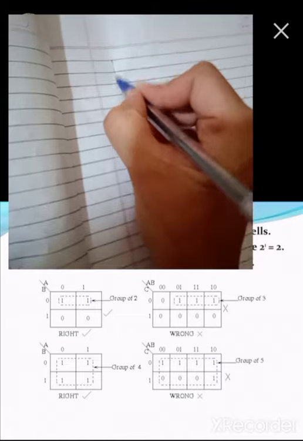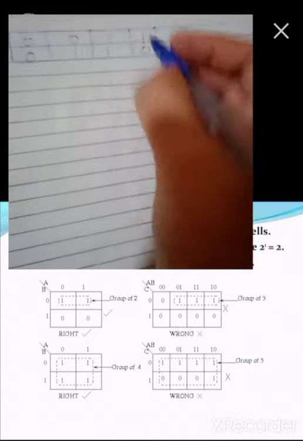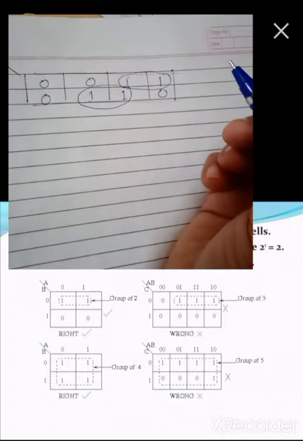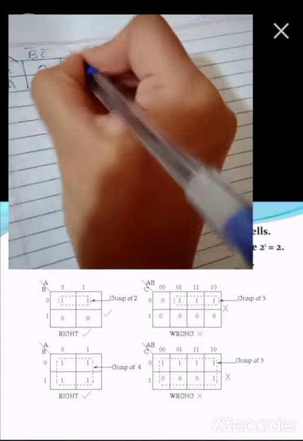Now we'll see the last example for pairing. So a 3 variable K-map is given in this example. So here 0 0 1 1 0 1 1. This type of plotting is given to you. Now think about the pairing of only ones. So here you can see that one pair will happen here, and the second will happen here. So there are two pairs. Here A bar, A, here B bar C bar, B bar C, B C and B C bar.